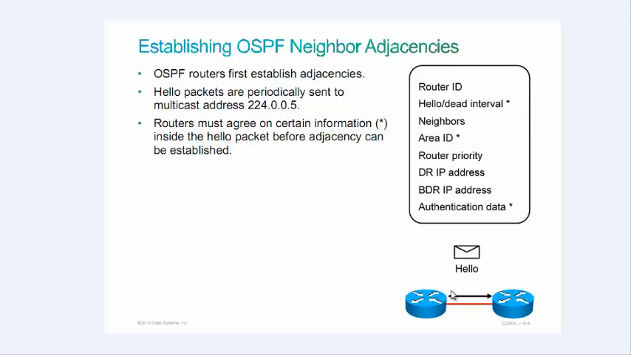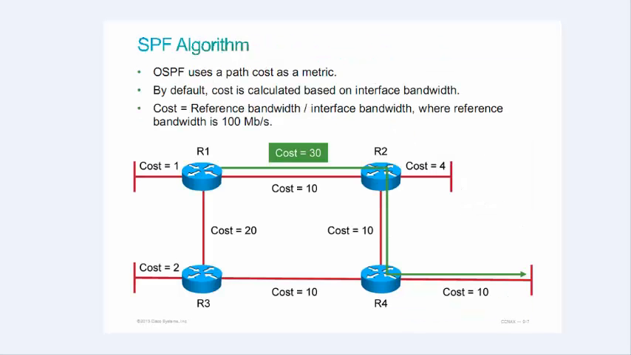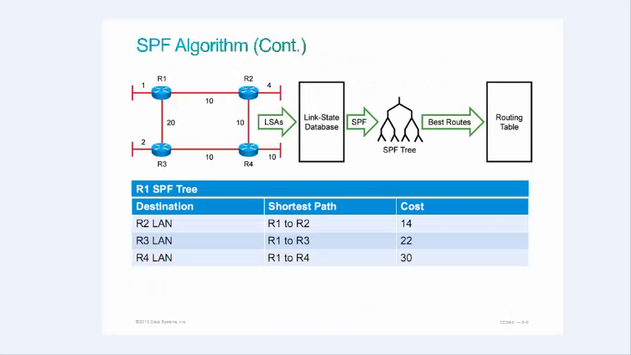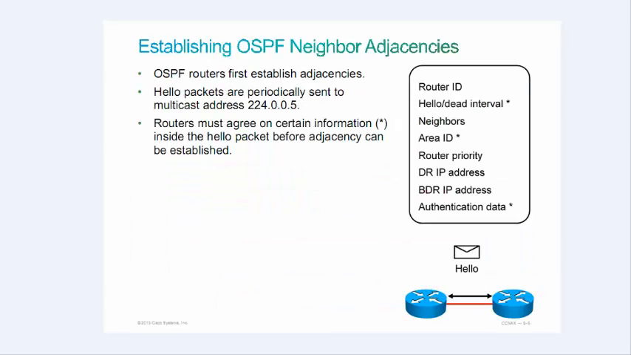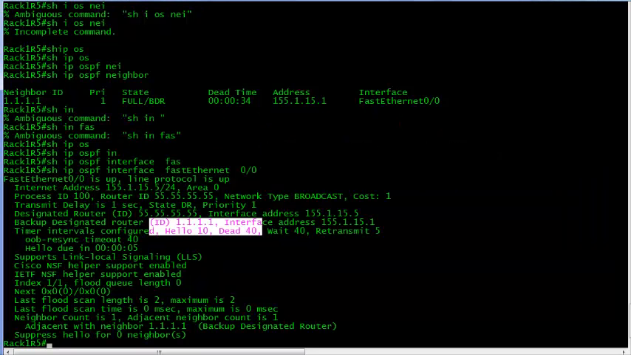Different area routers will never be able to form neighborship. Next is router priority. Say in a broadcast domain, I might have multiple routers connected to a single switch. Say, for example,